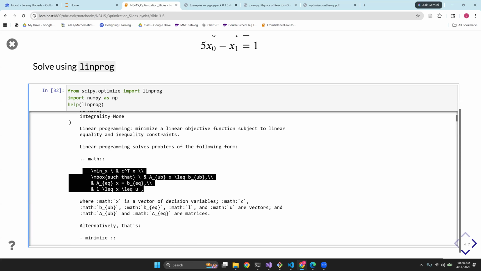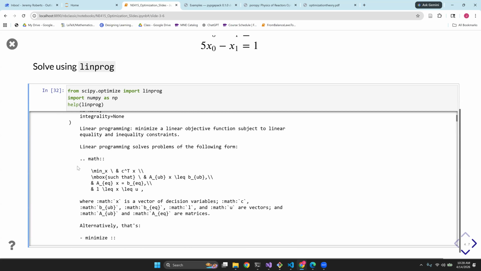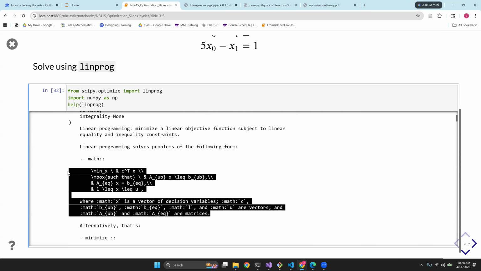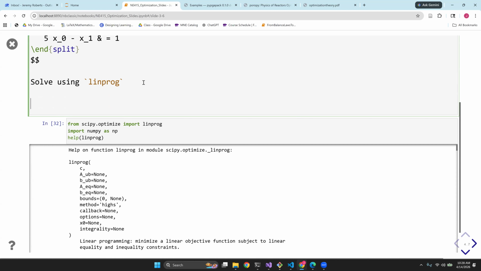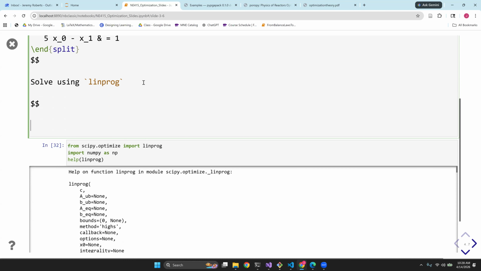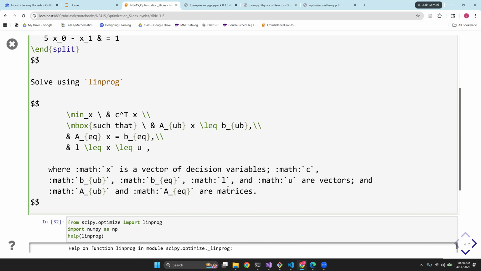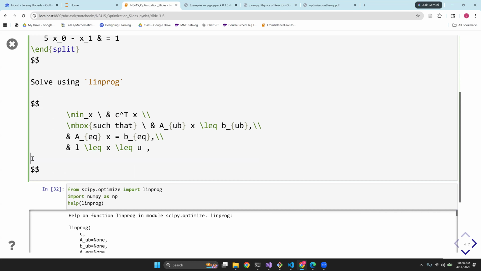What I'm going to do is copy this little bit here, and I'm going to paste that up here because I think this gives kind of an interesting